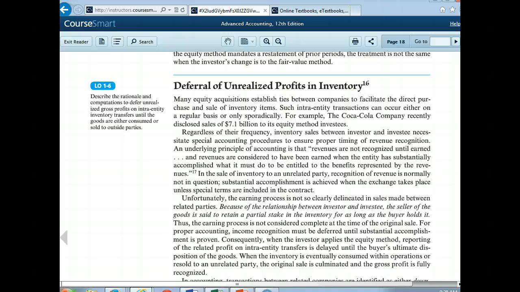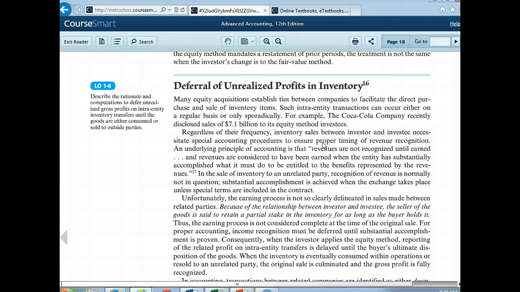Many equity acquisitions establish ties between companies to facilitate the direct purchase and sale of inventory items. Such intra-entity transactions can occur either on a regular basis or sporadically. For example, Coca-Cola recently disclosed sales of $7.1 billion to its equity method investees. Regardless of their frequency, inventory sales between investor and investee necessitate special accounting procedures to ensure proper timing and revenue